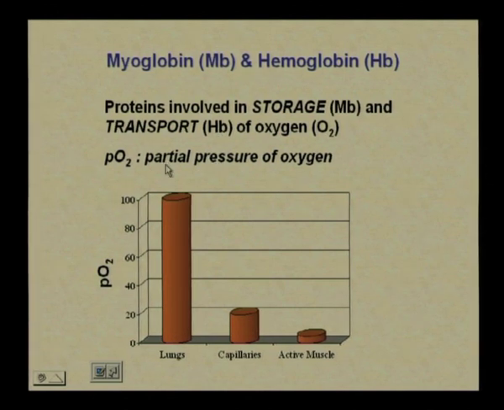Okay? If we look at the partial pressure of oxygen, the partial pressure of oxygen in the lungs, you see, is the highest. The highest, why? Because we know that we breathe in oxygen that goes to the lungs and it is passed through the capillaries, through the active muscle, where the oxygen is required for our activities. Okay? So, in the